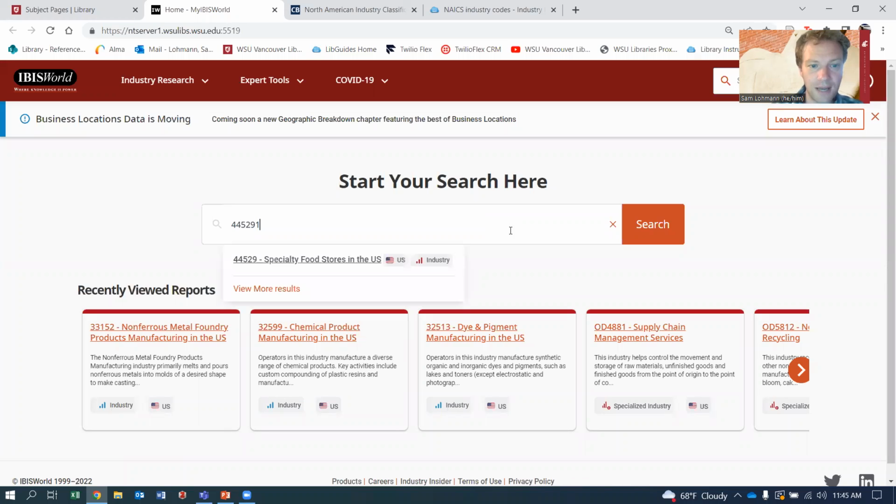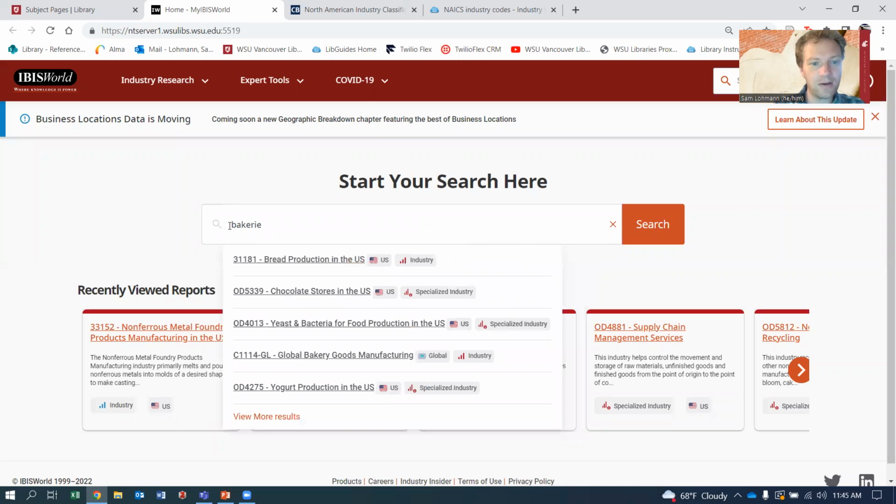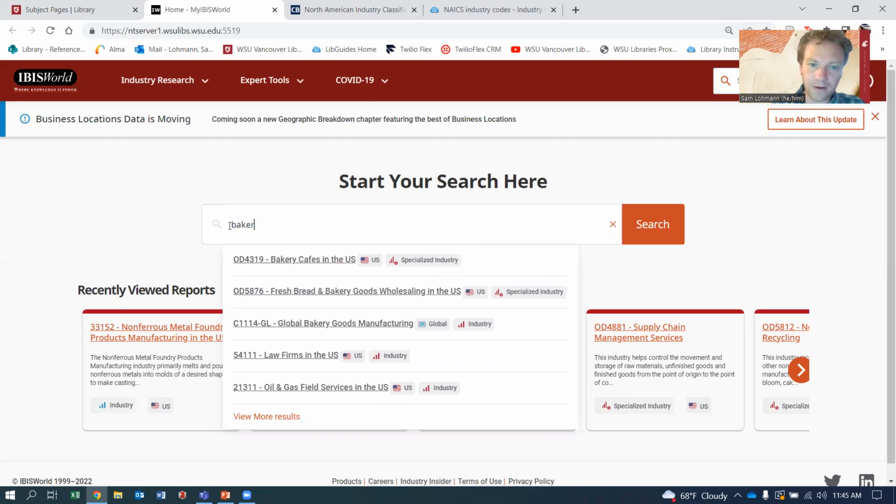So we can type that in here, and it's recognizing a broader category, specialty food stores in the US. So if we just really want to know about bakeries, we might want to also try just doing a keyword search for bakeries. Bakery cafes in the US. So that one, they have a specialized category for bakery cafes and another one for fresh bread and bakery goods.